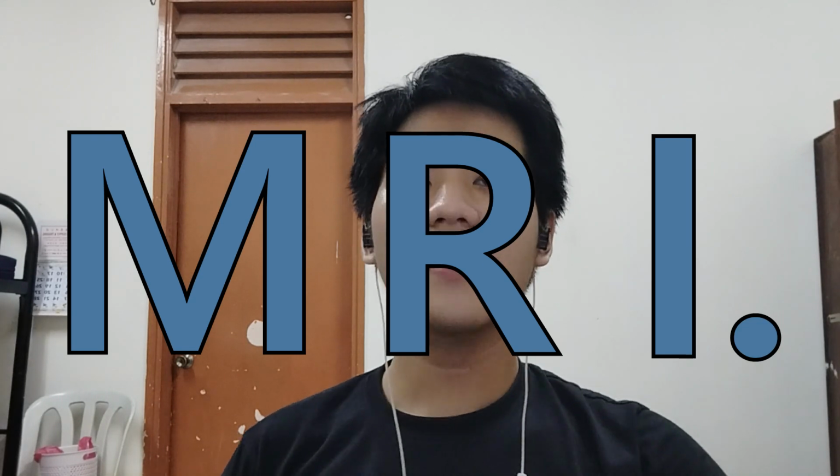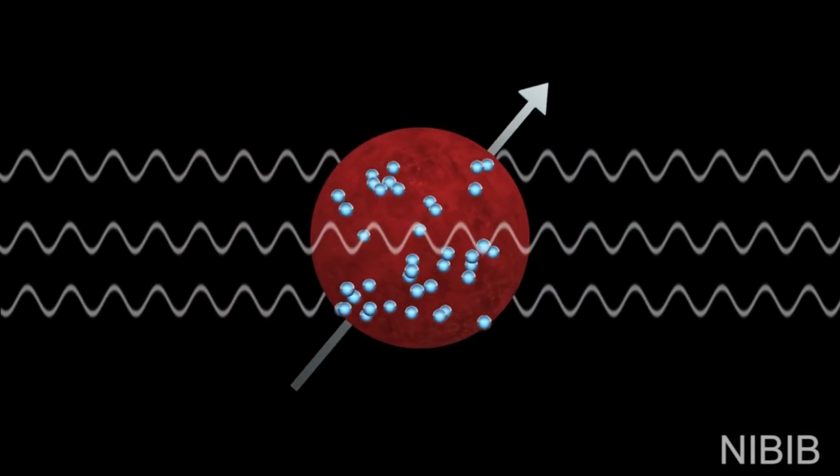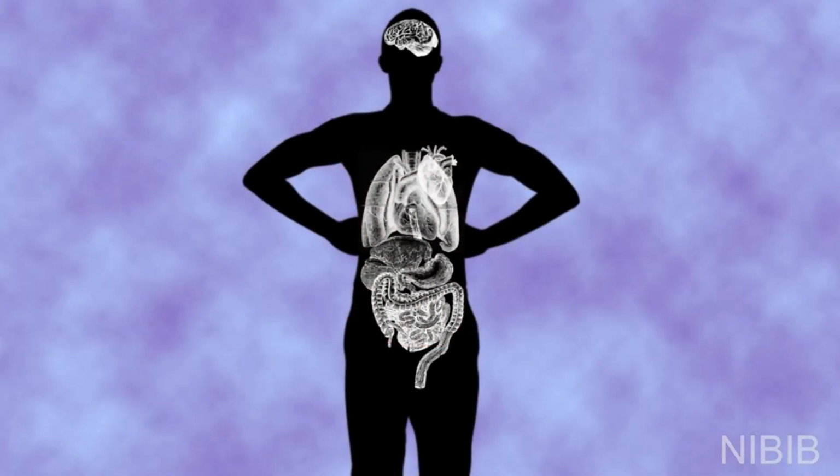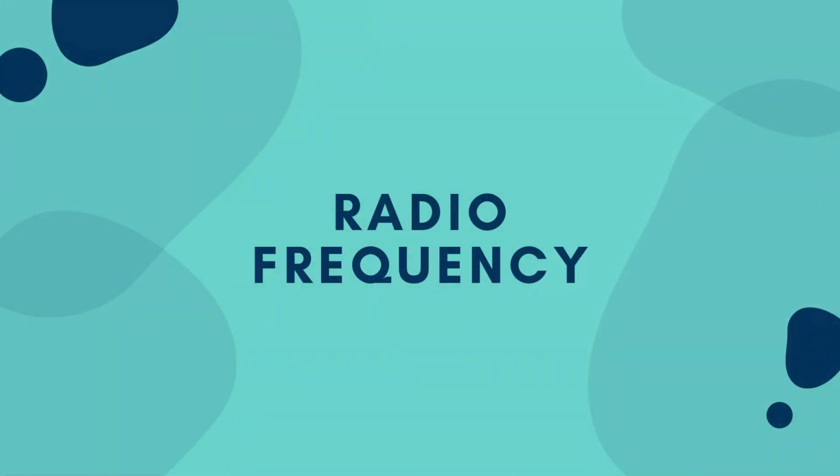The way an MRI works is that it uses a large magnet and radio waves to look at organs and structures inside your body. Do you know what the RF in RF LDMOS stands for? That's right, it's radio frequency.